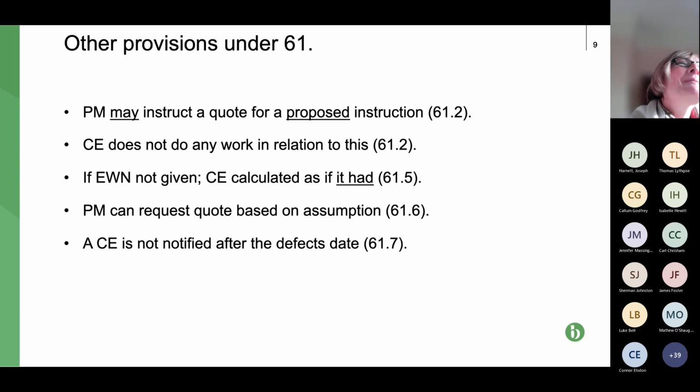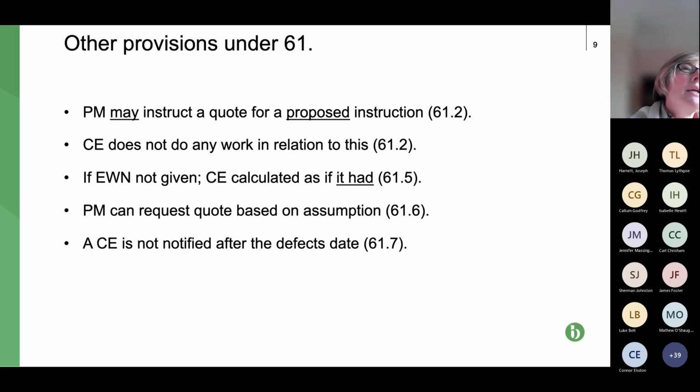Sand's probably not the right one. And so the quote is based on that. And then, if the ground conditions, in my ridiculous sand example, prove to be incorrect and it's all rock, then that's another compensation event and it's paid separately. Now, what you often find is a scenario where the PM refuses to request a quote based on an assumption, and the contractor's position is, as I've said, that they're faced with issuing a really ridiculously large quote to take account of all the scenarios.